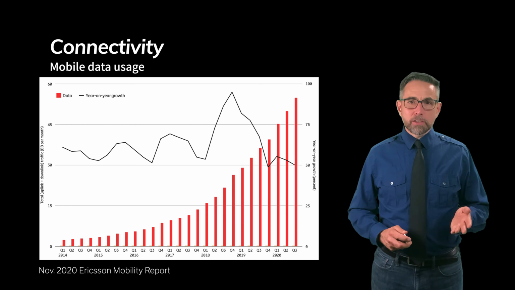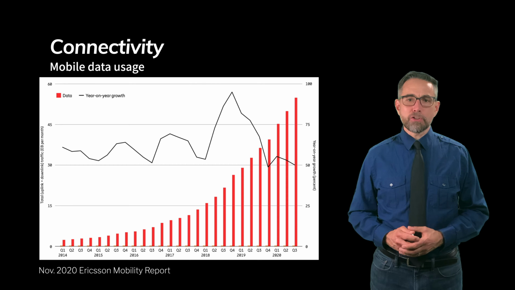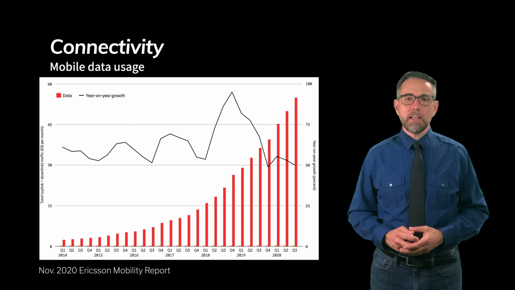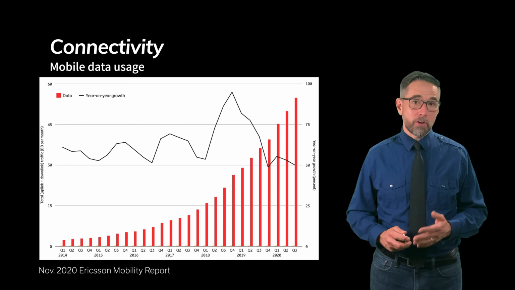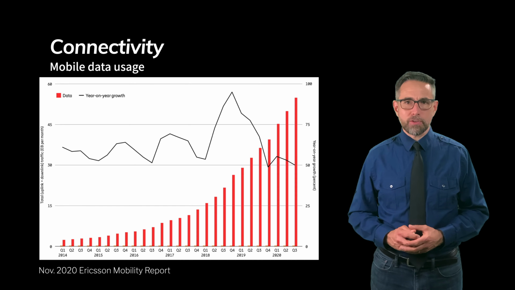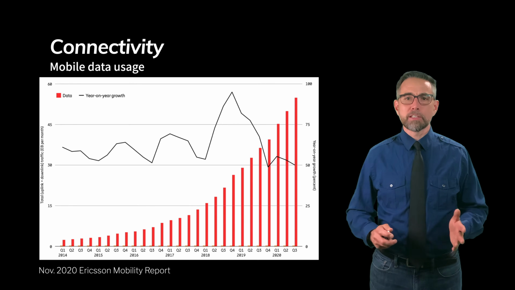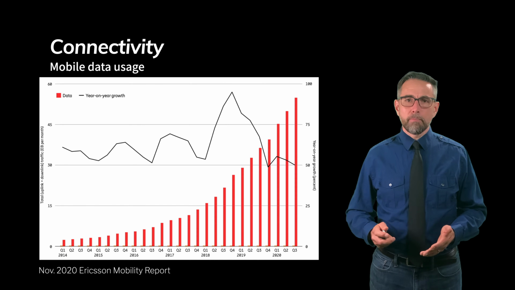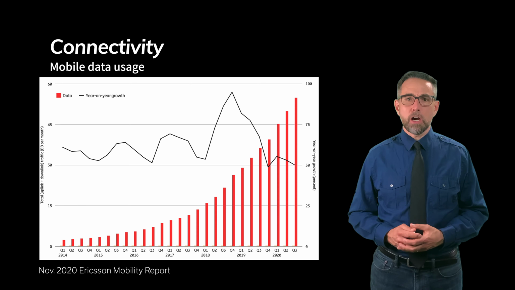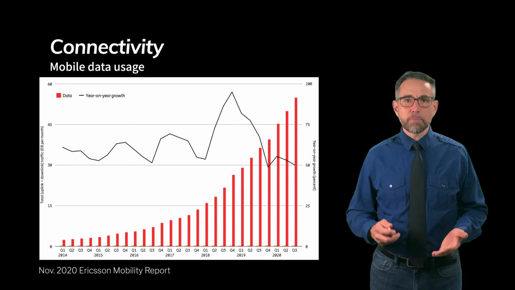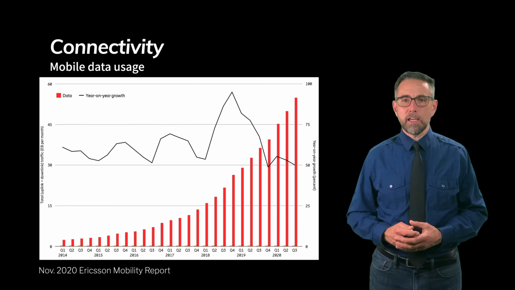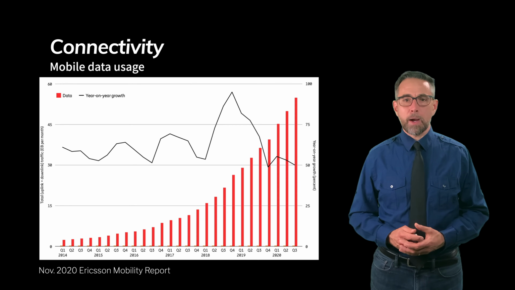Down way at the bottom is a little blip, which is the amount of voice traffic. And you can see that the data traffic on mobile devices is growing, looks exponential, and it's swamping any voice traffic, if that's even visible anymore. This is largely being driven by video applications. Consumption of videos, YouTube, broadcast television being broadcast over the internet, and to a lesser degree, but significant, video conferencing as well.